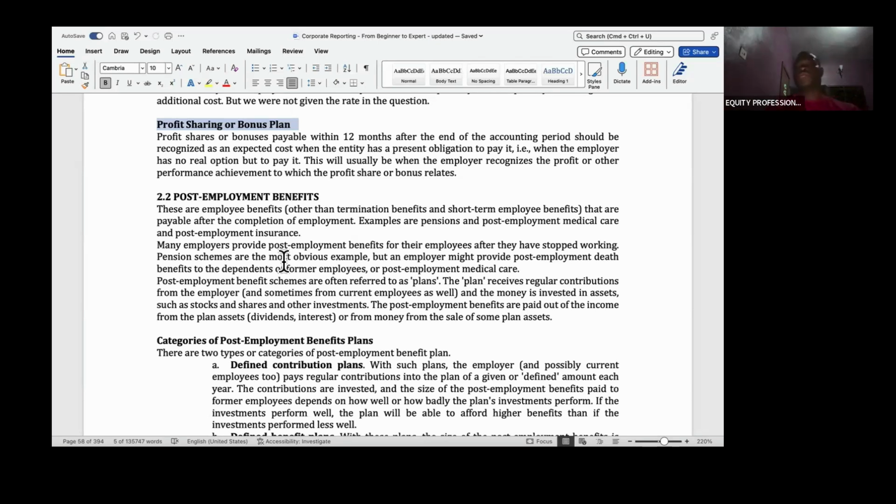We deal with short-term employee benefits. It's very straightforward. Very, very straightforward. The key question we keep asking: when do we owe? So our normal salaries and wages,